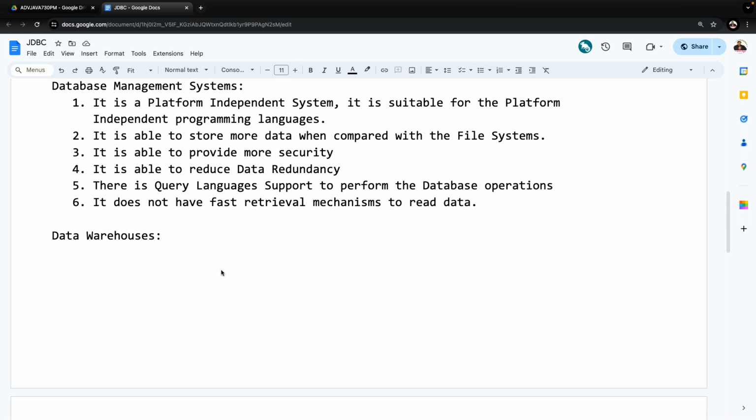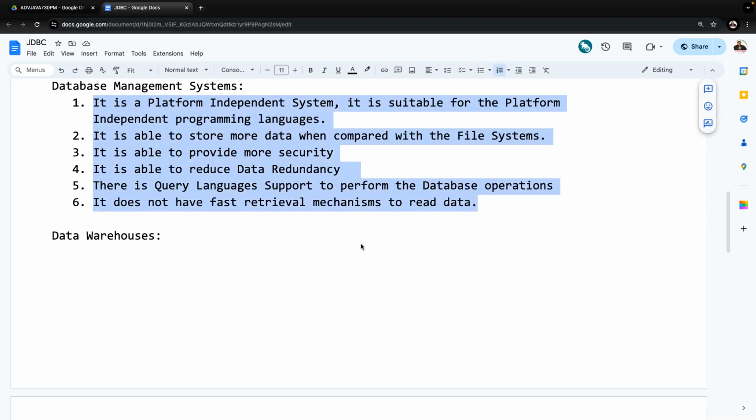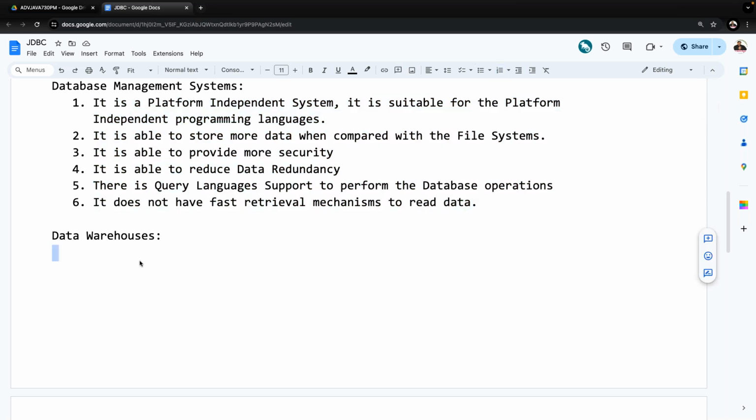Answer my point clearly now. Right, sir. Almost all the points here I'm telling to you, all the points are okay. Now the point here I'm telling you directly: when compared with file systems and database management systems,